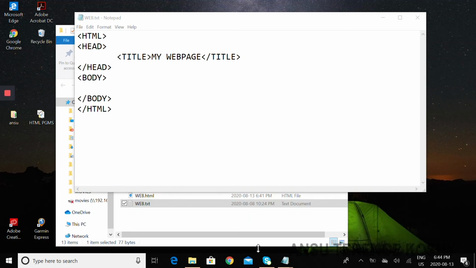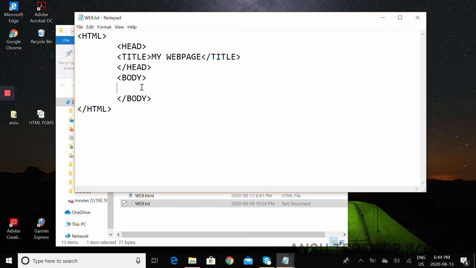Next, what I would like to show you is I'm going to add a few things in the body part of the program, and I'm going to show you the difference on the web page. Okay, like last time, I'm putting the head tag as it is, giving my web page in between. Now I'm going to apply the body part in it. I'm going to just type a sentence in between this. Okay, I'm going to type hello world.